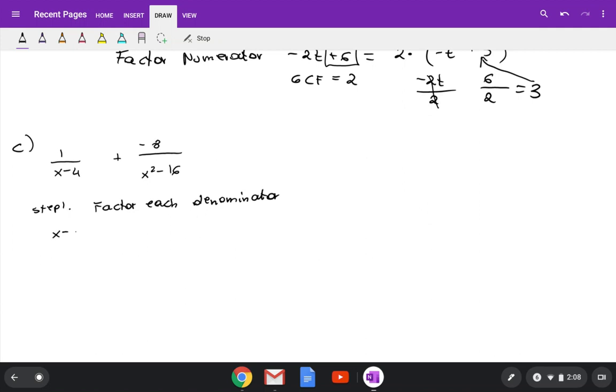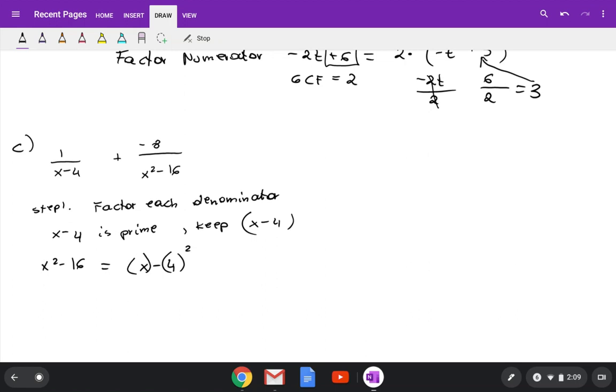So x minus 4, it's prime, so you're going to keep it. There's no GCF, so you keep x minus 4. Now, x squared minus 16